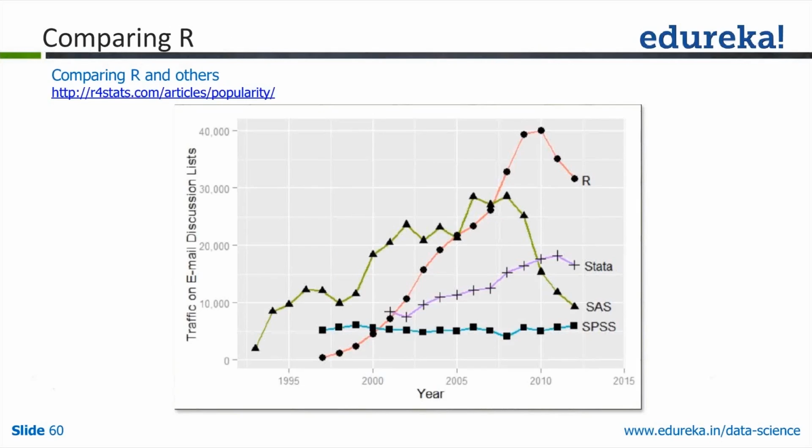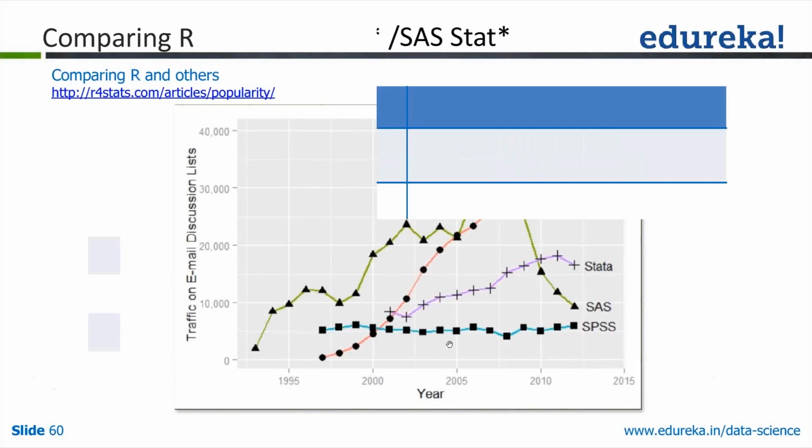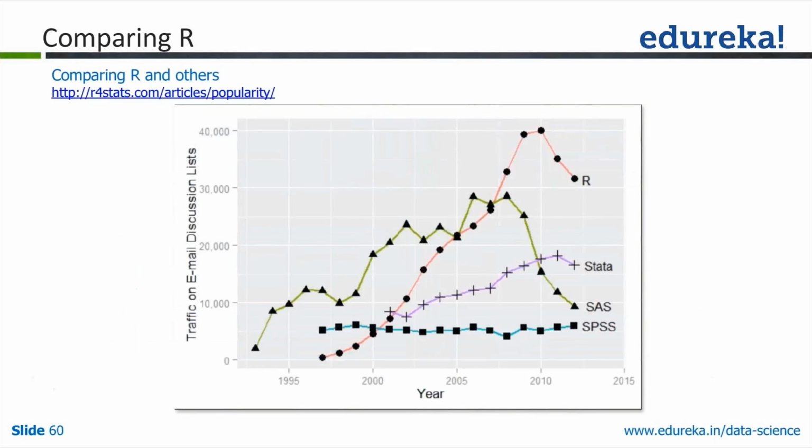Yeah, this is just showing the popularity of R compared to other related software, like primarily SPSS, SAS. So SAS and SPSS are obviously proprietary. You need to pay in order to get those software, and SAS especially is extremely expensive compared to SPSS and others, whereas R is completely open source, so it's easy to deal with.